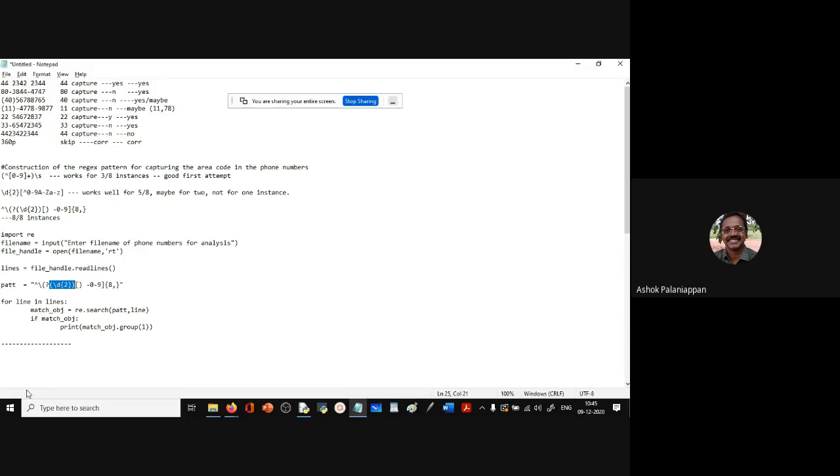Okay, we already know this pattern will match all the relevant phone numbers. It will skip the irrelevant lines. So we know that the pattern works. So we search the line with the pattern. And if there is a match, otherwise the match object is none, it goes to the next line. But if there is a match, I want to print the first group. That is the one within the first set of parentheses. That is the area code. Is this clear to everyone? Understood, sir. It's a very simple program, isn't it? So now you see, after we have the pattern, the program is basically very simple. It's just some simple Python and knowing some regex syntax, functions and syntax and all that. Okay.